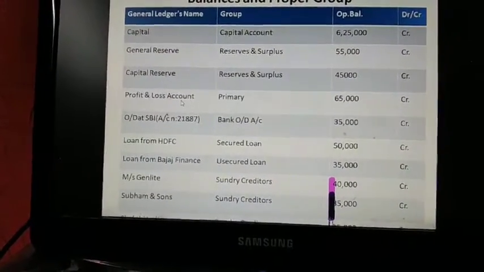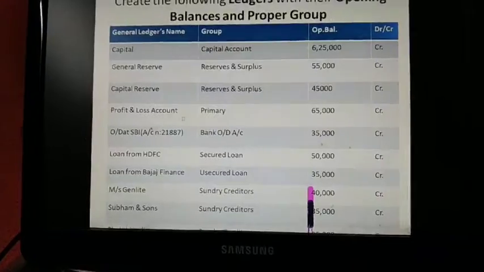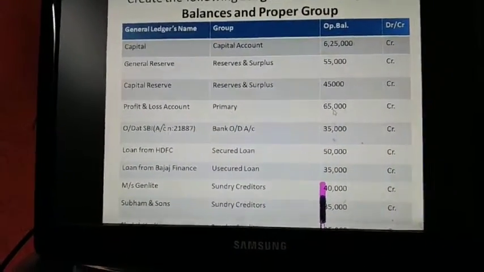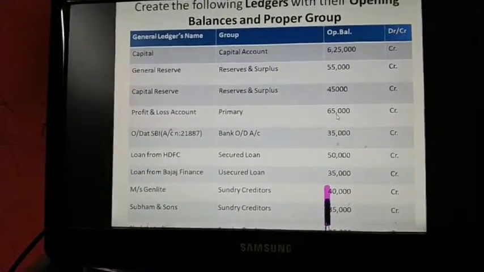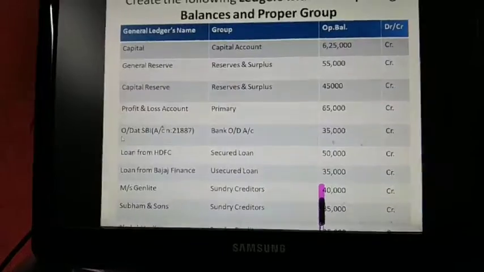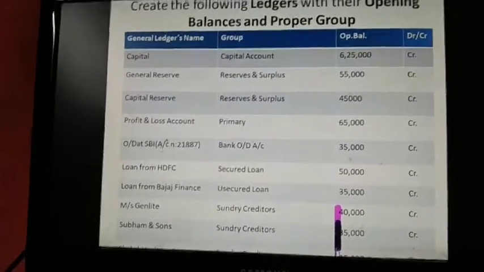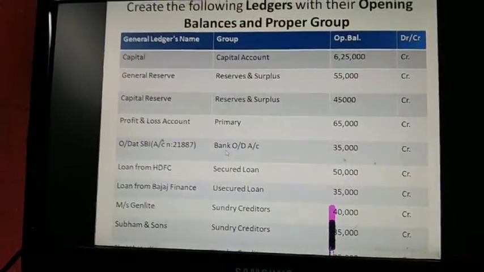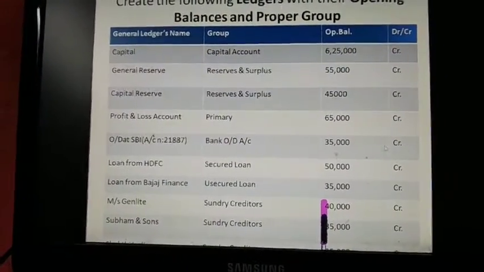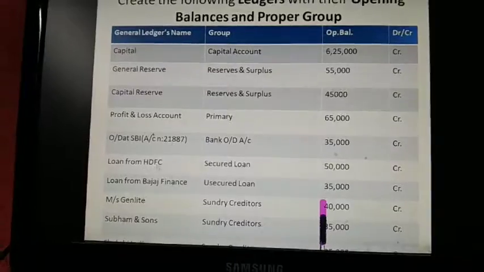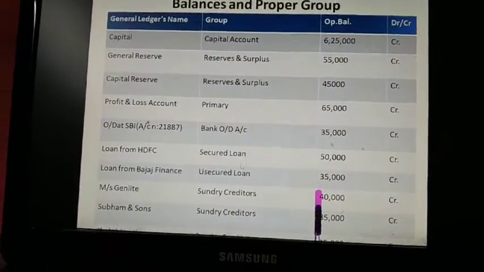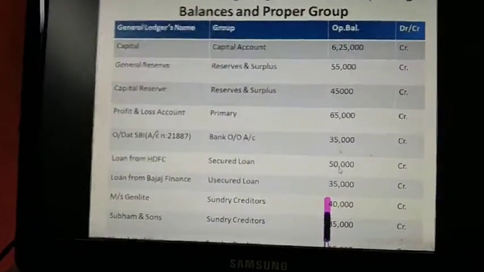Profit and Loss Account, which is an inbuilt ledger under the group of Primary. You don't have to create it, you only have to alter the opening balance with 65,000 credit balance. OD at SBI account under the primary group of Bank OD Account with 35,000 credit balance. Loan from HDFC account, that is under the group of Secured Loan, 50,000.